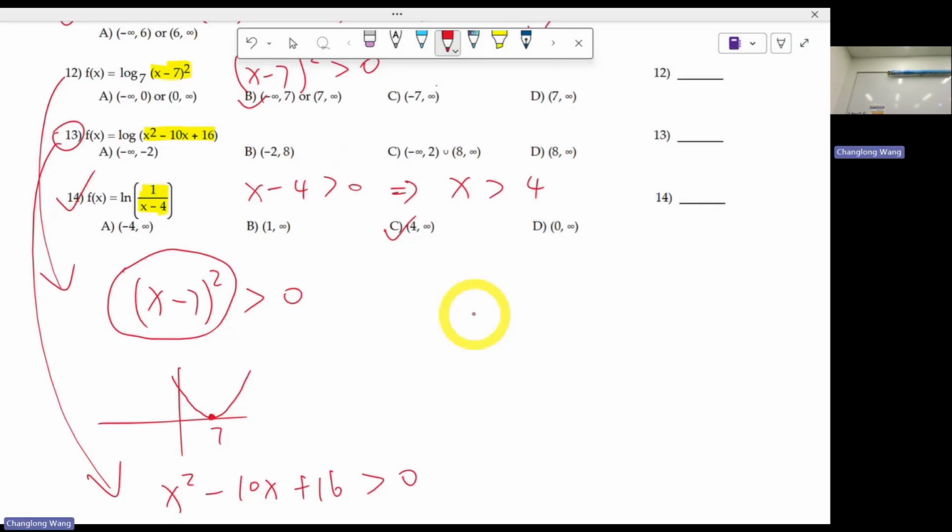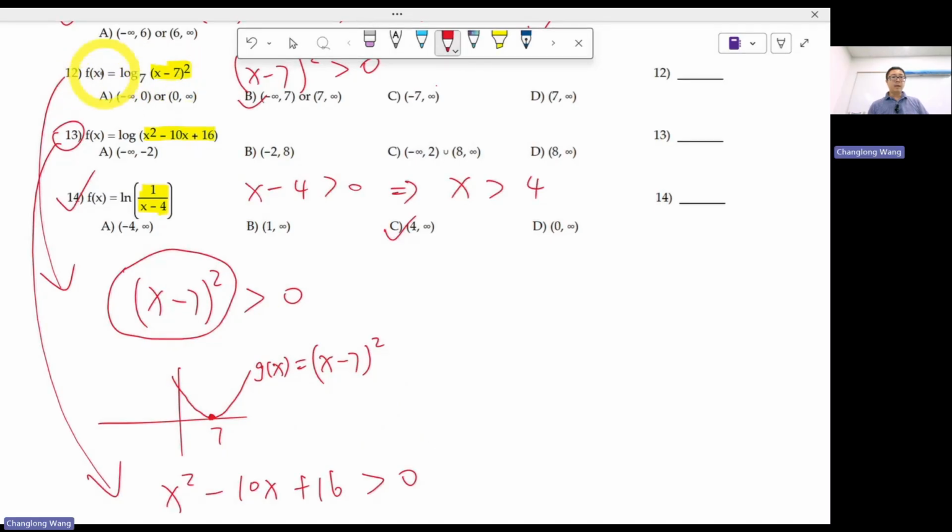Now, I didn't plot the entire function in number 12. So I only plotted whatever is inside the log. So this parabola, right, this one only represents maybe, let's say, g of x. And g of x is x minus 7 squared, right? So now, the way you understand this graph is